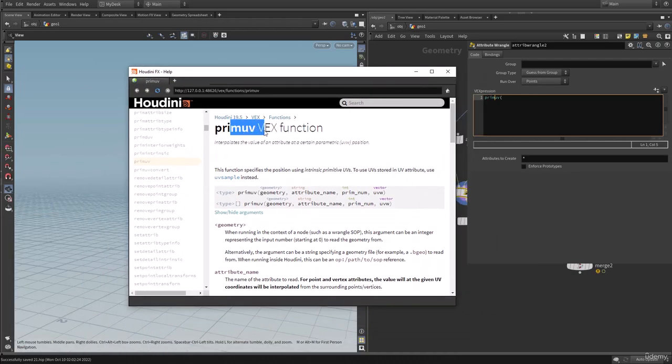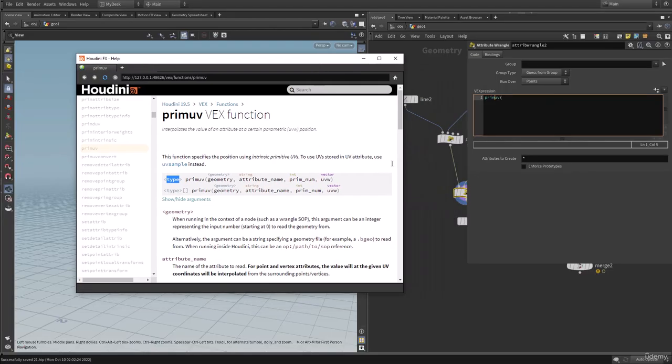So we have the prim_uv VEX function, which interpolates the value of an attribute at a certain parametric UV position. Here we have the return type, so type that of which attribute you want to import. If you are importing the P, the return type will be a vector. So let's say at P